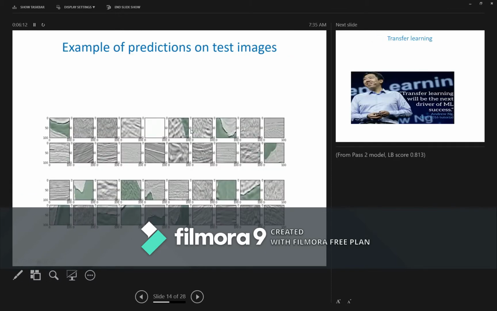So, here is some example for the training set, for the prediction. I think here we can see that some of the high frequency change, like right here, is still not able to capture completely, but in general it's pretty good. And then in order to make further improvement, what we try is some kind of transfer